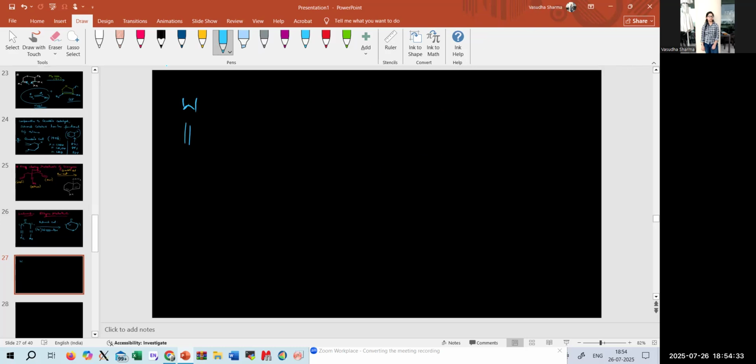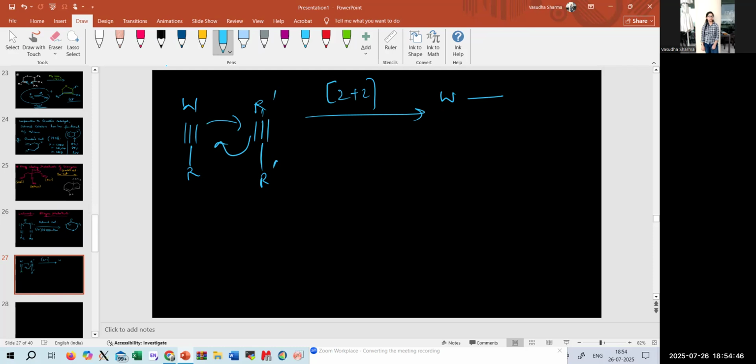if we have a catalyst with R and there is another alkyne R dash, it will undergo 2 plus 2 and form this, tungsten R, R dash, this is R. This can actually rearrange because here,